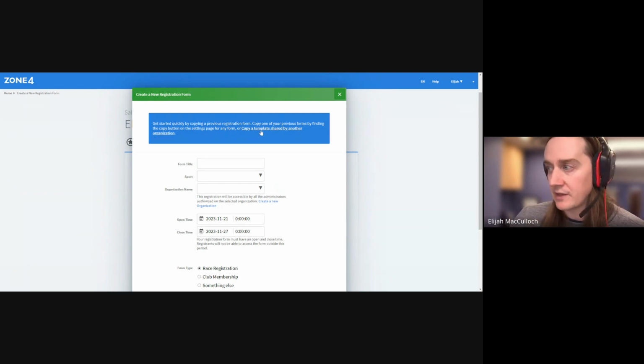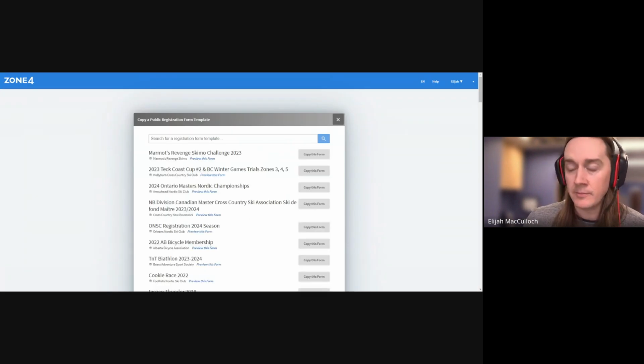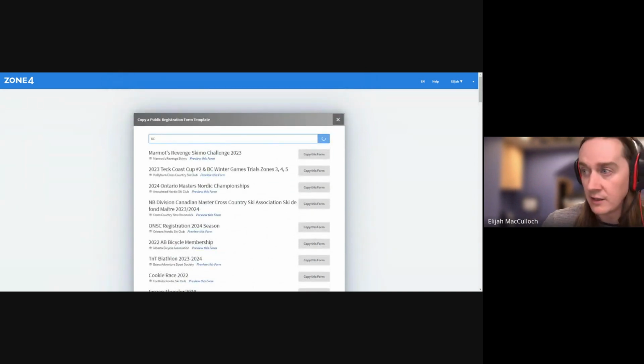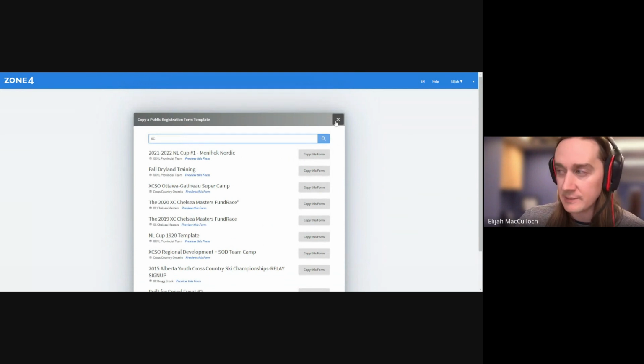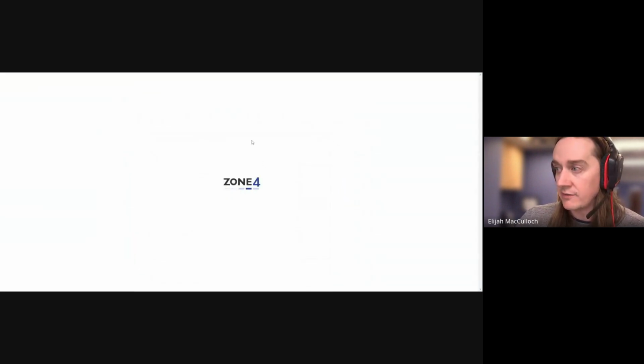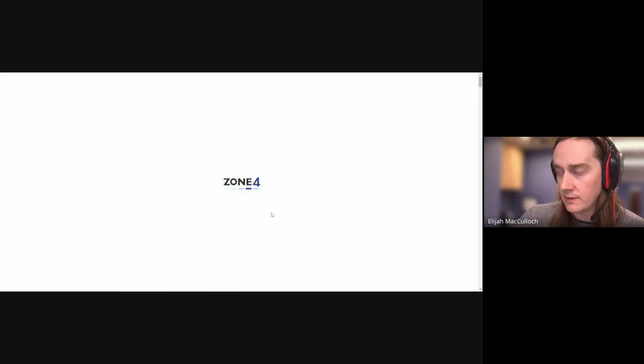So first, there's a link here that says copy a template shared by another organization. You can click on that, and that'll take you to a list of all the different ones that have been shared. So you can then see every single club who shared a form. This is a list of all of them. You can search for them in the template up here, which will then narrow it down a little bit. And then just by clicking copy this form, that'll generate a new form based on whatever form you're selecting. For this, I'm not actually going to copy a form, so I'm just going to get out of it, and jump back into